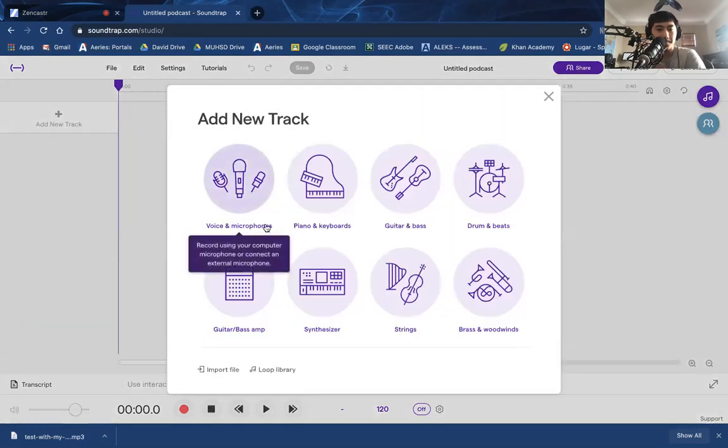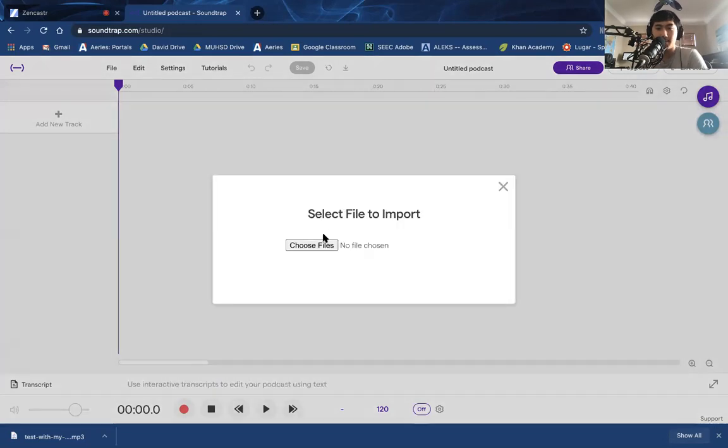So, I am going to import a file, right? And same thing for you guys, because after you record with Zencastr, you will be able to find this in your Chromebook download section or recent somewhere. It's going to be on your Chromebook. You may have to do some digging. But just as an example, we did our test with my friends recording, if you guys remember that, .mp3. And you can see here I did a bunch of other podcasts here, but